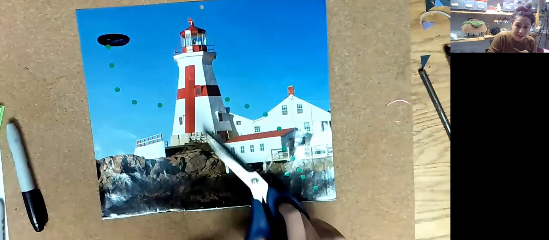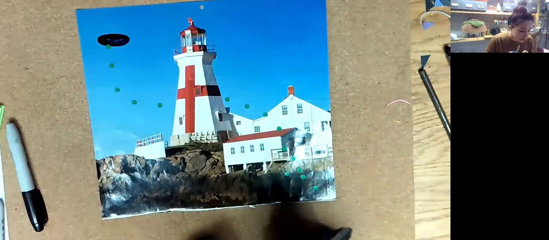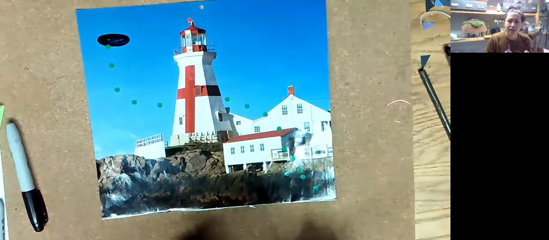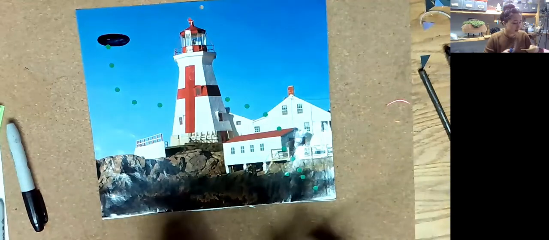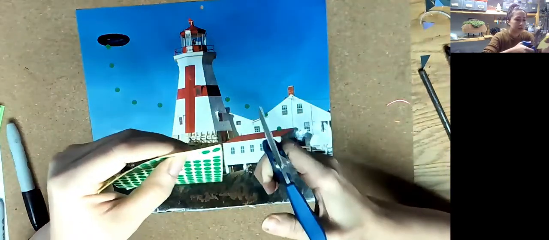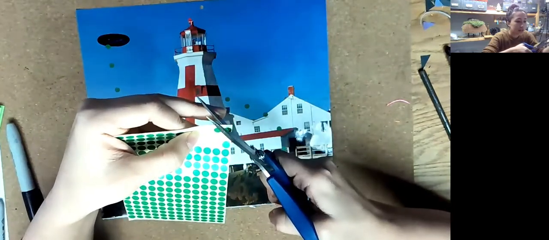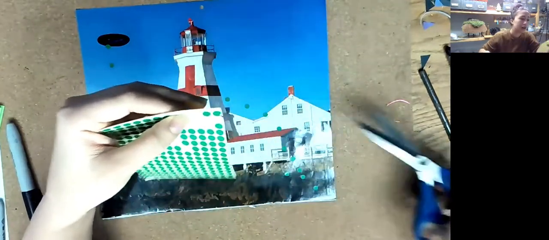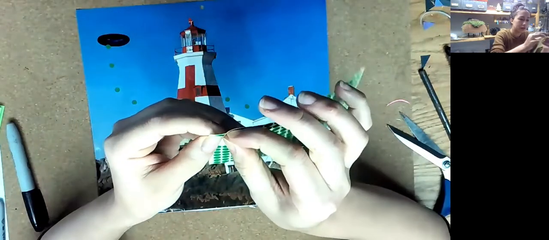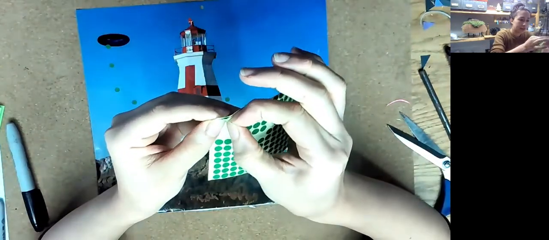When I'm going behind an object, to really give the idea that the dots are traveling behind it, one thing you could do is to take a pair of scissors and then cut one of the dots in half. And I like to do this while my dots are still on the paper. Peel half of that dot up